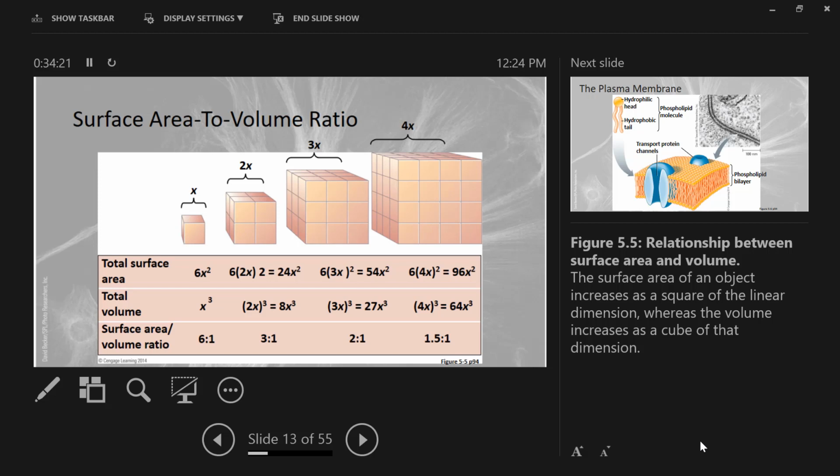Think about this. What's our good analogy for a cell? What analogy do we love? The factory, right? So we've got a tiny, mom and pop factory in somebody's garage, right? It's like, yeah, they might be doing some cool stuff, but they're not bringing in massive amounts of materials and shipping out massive amounts of materials, right? But now you've got something like a massive 700,000 square foot factory run by sweet robots, right? And so now you've got a much greater demand for materials and a much greater demand to get what you're making out.